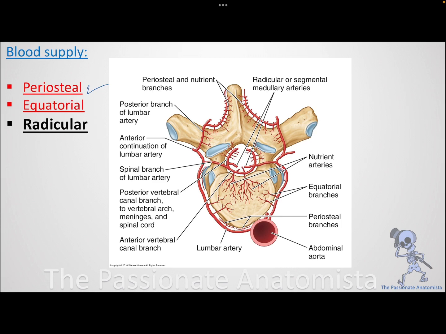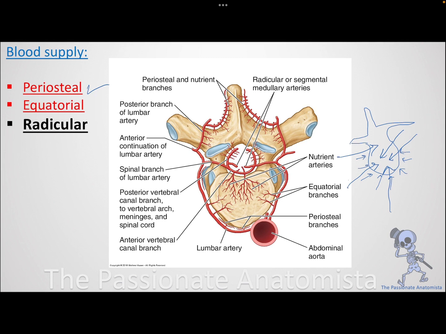So this is the body, okay, and this is the spinous process. This is the spinous. These are the transverse. If I have a blood supply that goes around the periosteal layer, connective tissue of my bone, I'm gonna call it periosteal branch. Perfect. If I have a branch that penetrates to the equator of my vertebral body, I'm gonna